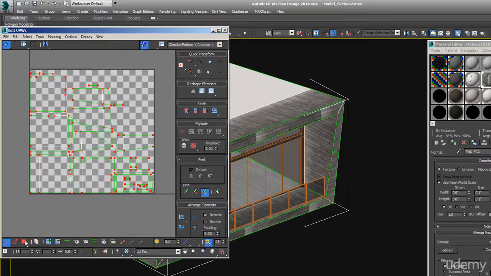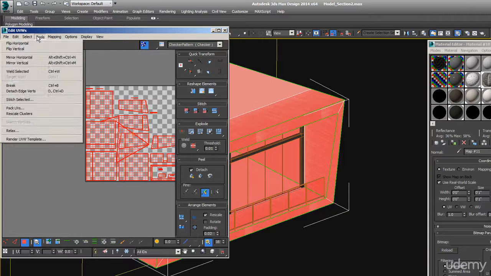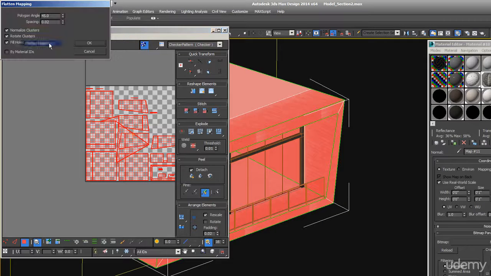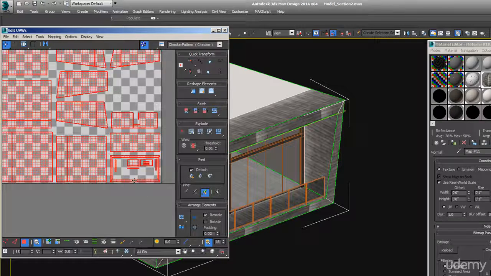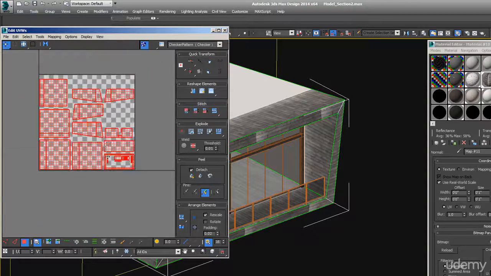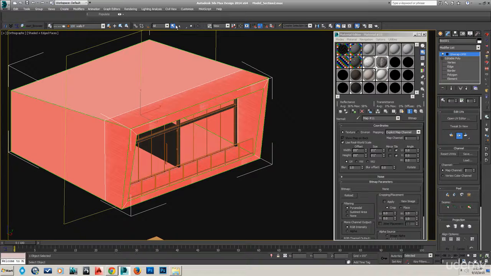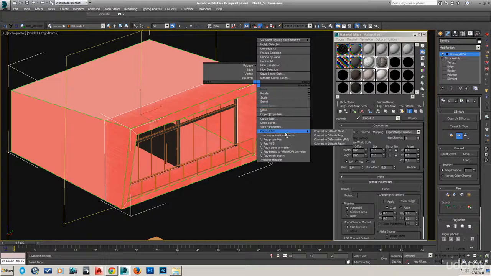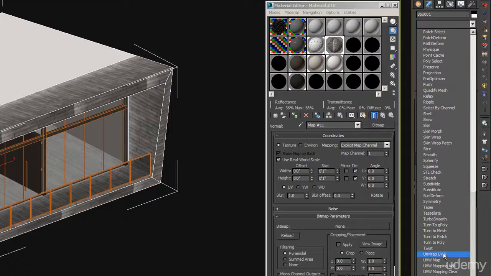So what you need to do is make sure, and actually it's pretty clean already right there, but you need to select everything, and what you can do is just go into mapping, flatten mapping, hit OK with the defaults, and that will make sure that everything is cleanly laid out and nothing is overlapping. That's the important part. No overlapping UVs on map channel 2. So we can close that down, and we can convert it to edit poly to kind of burn that in. Now if we look at our UVs again, unwrap UVW,